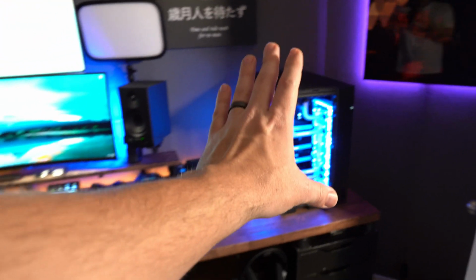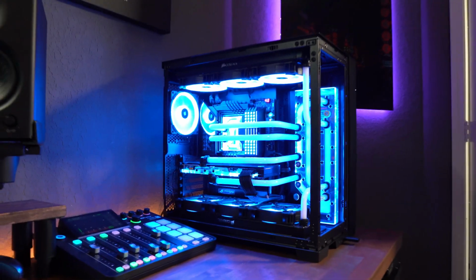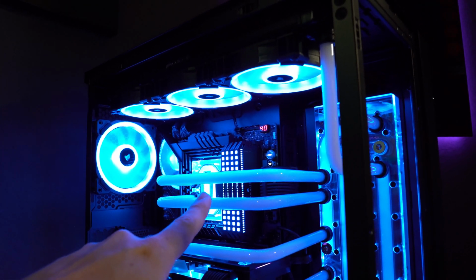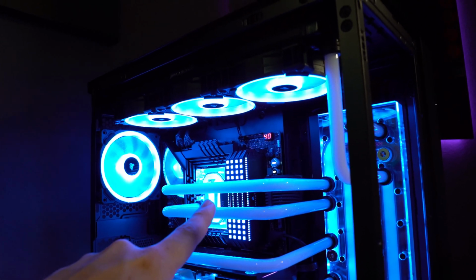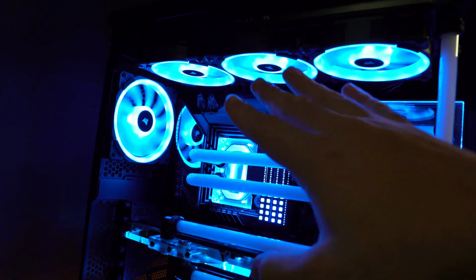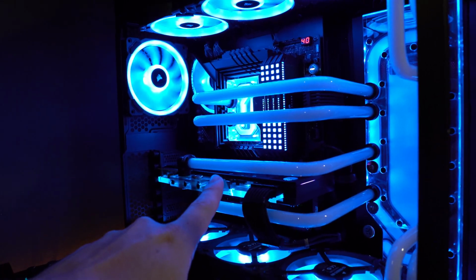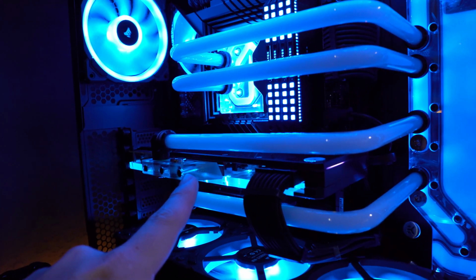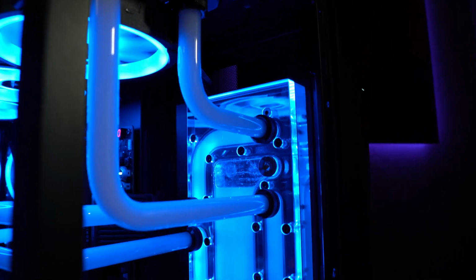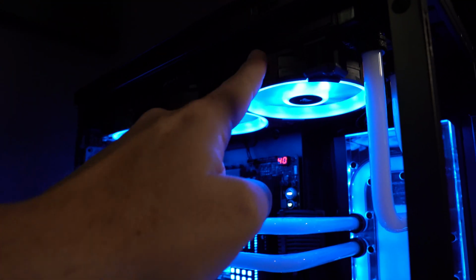All right, so we're just gonna move right to left across my desk. So this is my brand new PC that I just built. It's rocking an i9 12900K, 128 gigabytes of DDR5 Corsair Dominator RGB RAM. We have an EKWB water block, all sitting on the Asus ROG Maximus Hero motherboard, an EVGA RTX 3080 Ti on an EKWB water block as well, 7 Corsair LL120 fans, an EKWB water distribution plate, 2 360mm radiators, and